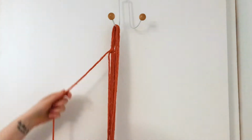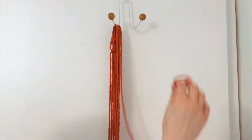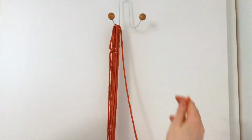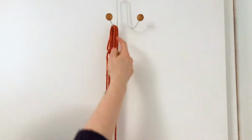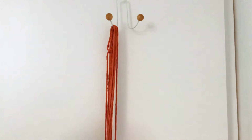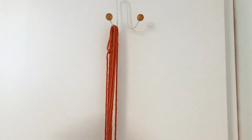So we're making sure that if we were to flop this over with the others now, this one would be our longer side of this cord. So what we're going to do now is turn this into the loop that we can hang our plant pot hanger from. To do that, we're going to tie 16 more lark's head knots, doing what we call the continuous